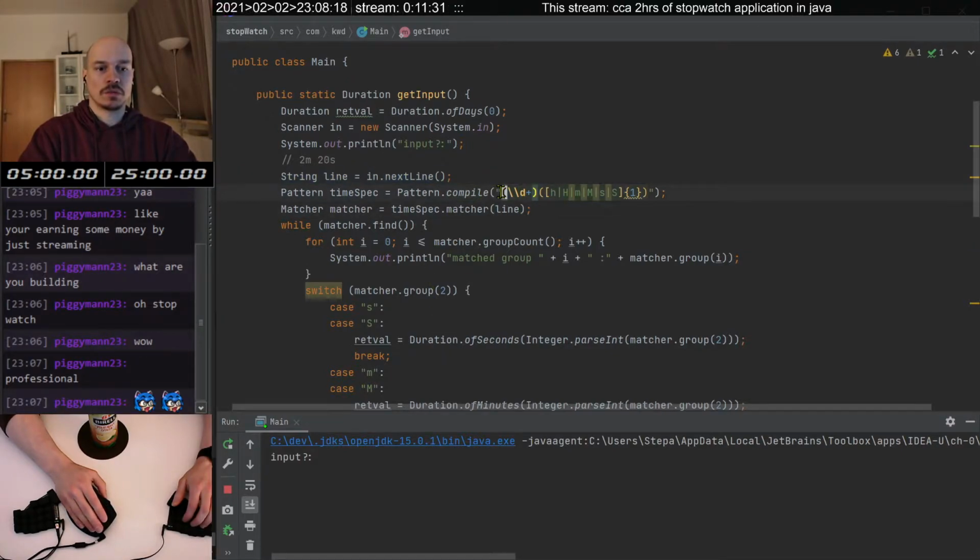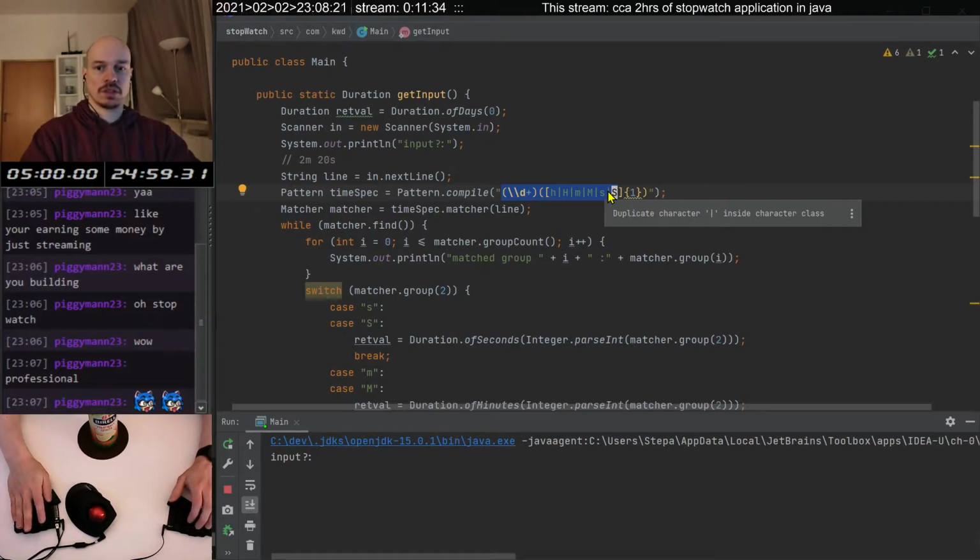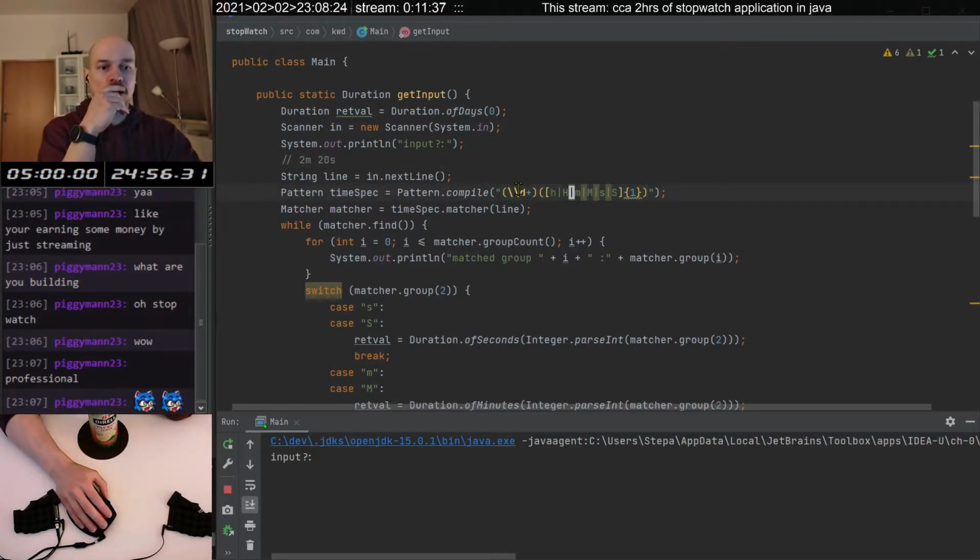Here I have some regular expression, and I can start the timer, I guess, because we are already working on it. And here's a regular expression which says that the input which we are looking for on the line is in a format of some digits, at least one number or more. And then we expect one of those characters: H, M, S, both uppercase and lowercase, and only one. And for each match which we find in there,